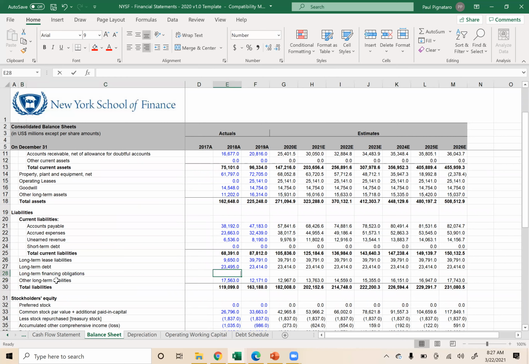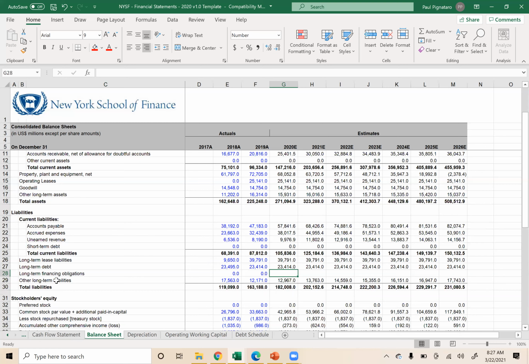And I'm going to put 0 here, 0 here. Not that it didn't exist, but it was probably buried somewhere else. And if you want to dig it out and pull it out, you can. But for what we're doing in the model, it doesn't matter as long as we know it's in the balance sheet. But I want to make sure this links through as we had linked through